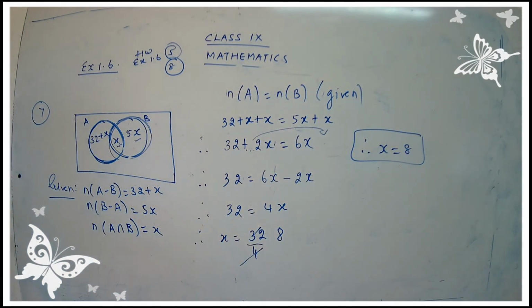Okay, children, I hope you were clear with today's work. What was the homework given to you? I have given you sum number 5 and sum number 8 as homework. And along with the sums, you have to do one more work, children. You have to come to page 29. Take page 29.